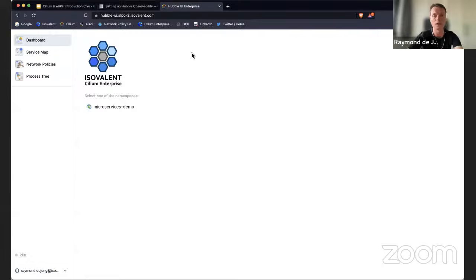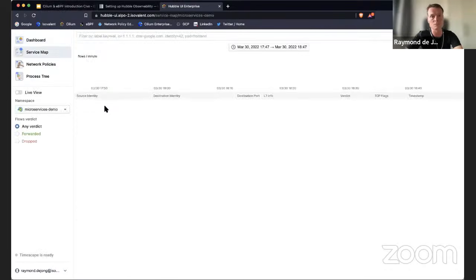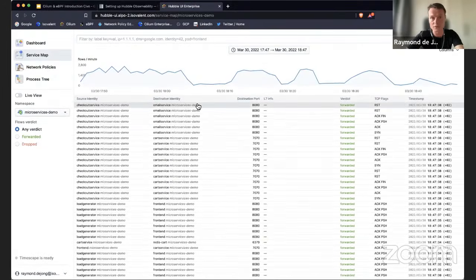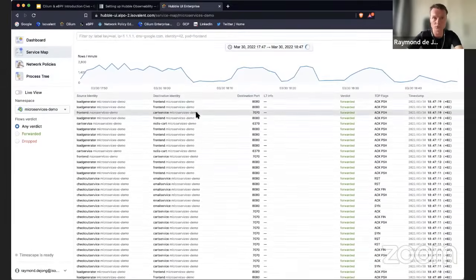observability. So if you like, I can also share a quick overview on my screen, because there was a question. This is an environment which is an enterprise Cilium environment. On top of the open source Hubble UI, Isovalent provides enterprise solutions with enhanced features. Not all is the same, but what is the same is the ability to select a namespace in which you can see the flows, but also the traffic for that given namespace. And you can inspect what's going on in terms of flows for